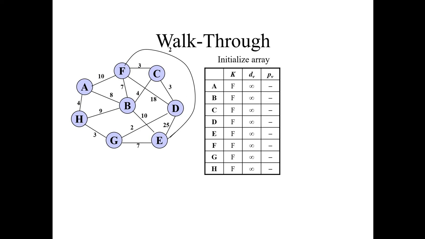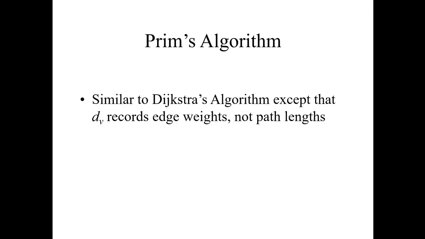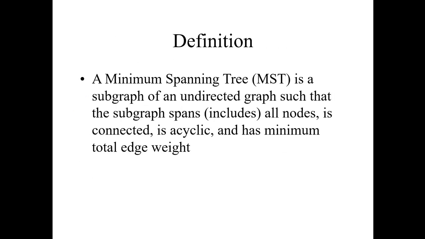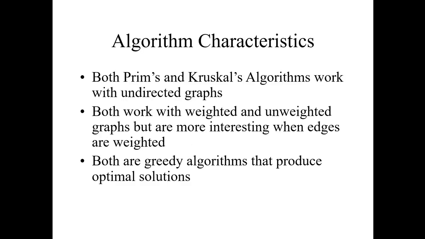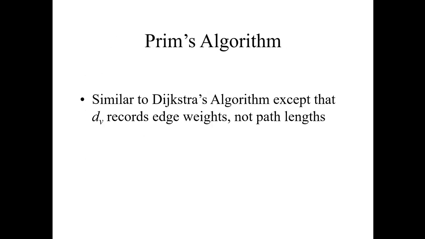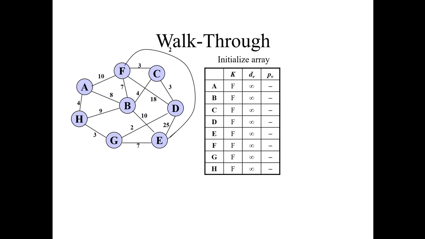In this, we initialize the array, then we store the values: what is the distance between the different nodes, and how we can visit the node with the minimum distance. The distance should be minimum, so we have to visit each node with the minimum distance. Each vertex should be visited. Here you are able to see A, B, C, D, E, F, G, H. All nodes are given here.